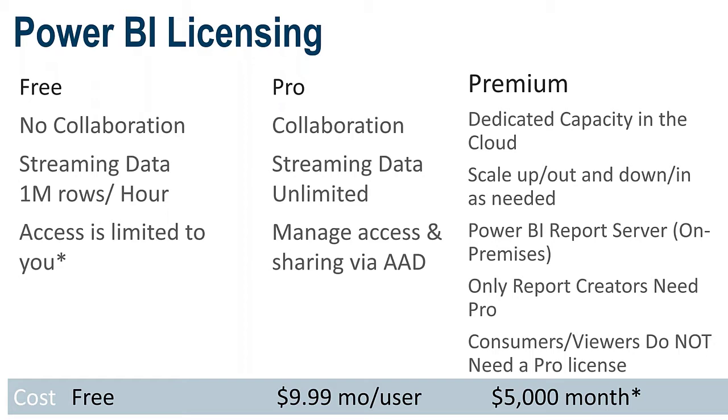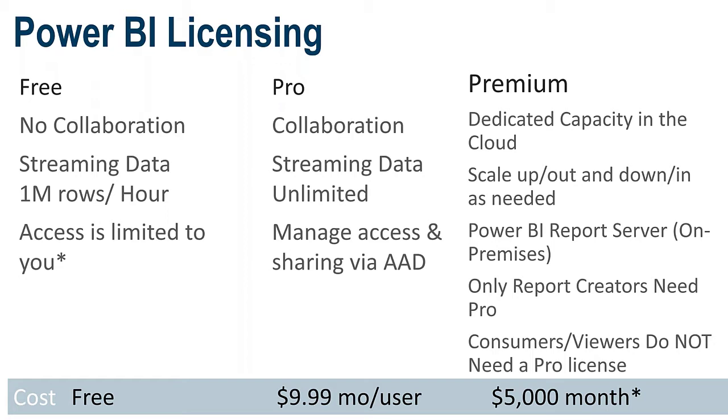One of the reasons that they came up with this premium capacity is in larger companies. So I used to work for Raytheon. We had 80,000 employees worldwide. So if I had to buy a pro license for 80,000 people, that's $800,000 a month that they would have had to spend. That $5,000 a month is looking awfully good to me right now. So that's kind of where you see that coming from. So it's geared more towards larger employers, larger organizations who have the money to spend.